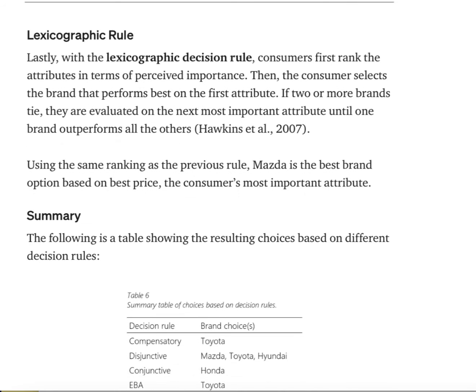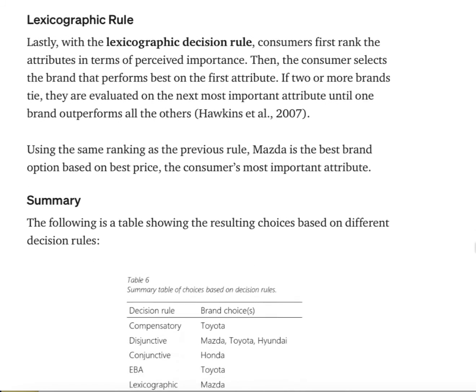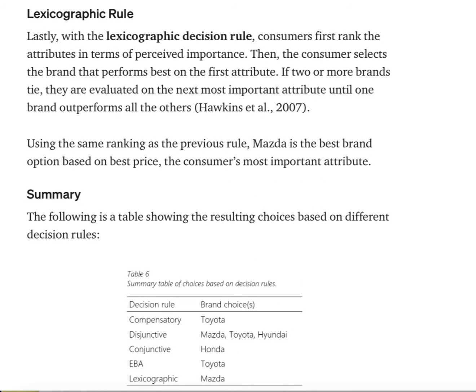Okay, and then the lexicographic rule requires the consumers to rank or order the criteria in order of importance. Again, the consumer selects the brand that performs the best on the most important attribute. If 2 or more brands tie on this attribute, they are evaluated on the second most important attribute. This continues through the attributes until one brand outperforms the others. The consumer's thinking is something like this. I want to get the brand that does the best on the attribute of most importance to me. If there is a tie, I'll break it by choosing the one that does best on my second most important